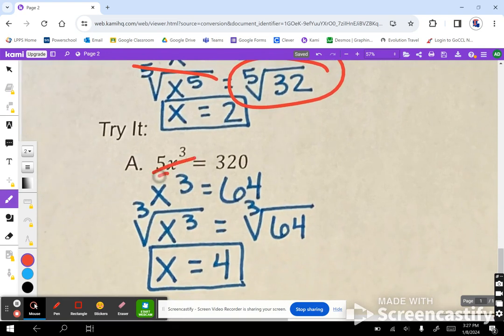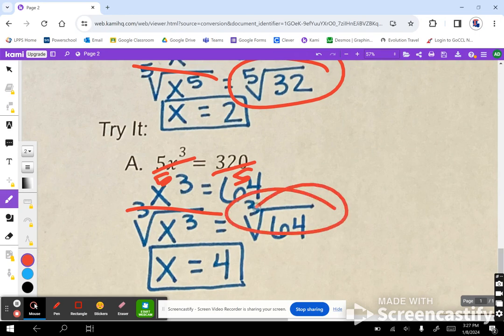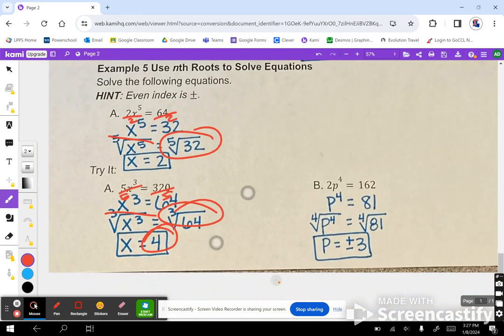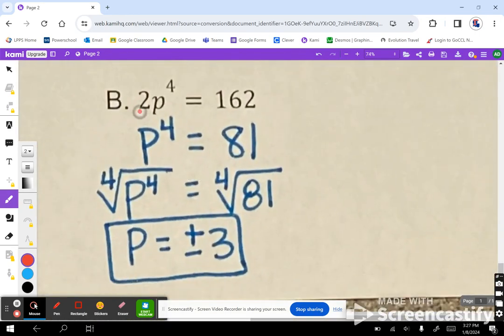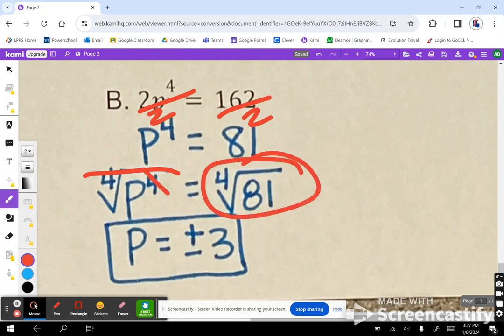Same thing over here, divide both sides by 5. 320 divided by 5 is 64. Then you're left with x cubed. Take the cube root of x cubed because your cube root cancels. The cube root of 64, use your calculator, will give you 4. And then the last one, divide both sides by 2. P to the 4th power equals 81. Take the fourth root to eliminate your fourth root and your fourth exponent. The fourth root of 81, use your calculator. Positive negative 3 because your